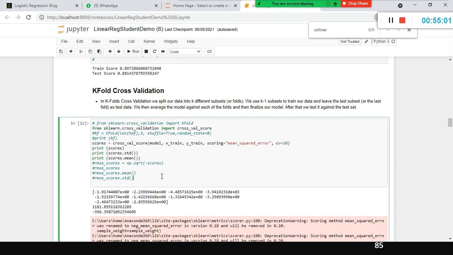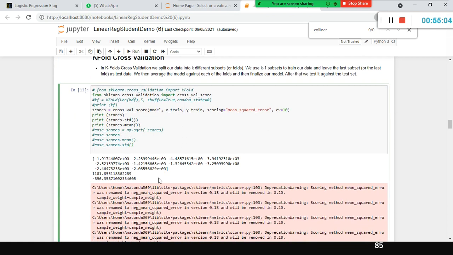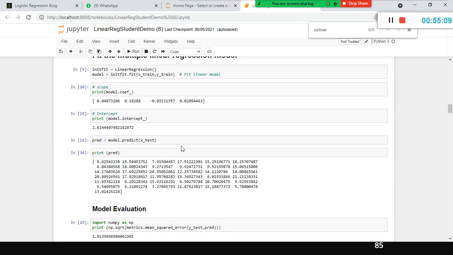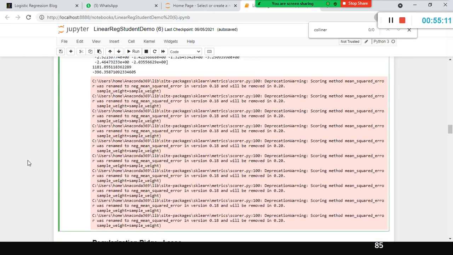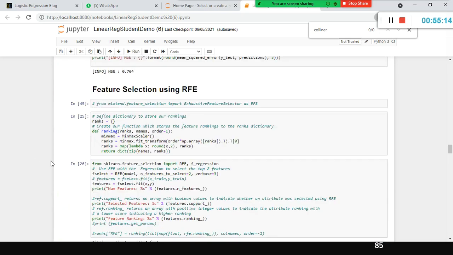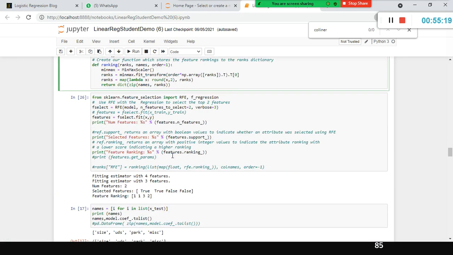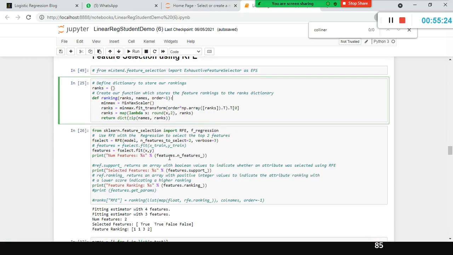So the whole idea of k-fold cross validation is to do the model selection. Which model is the best model? And some people also call feature selection model selection. For example, in Python we have something called RFE. We don't have a built-in function like the step function available in Python, so rather there is something called RFE. RFE is similar to our backward elimination. It includes all the features in the model upfront, and it removes the features from right to left.